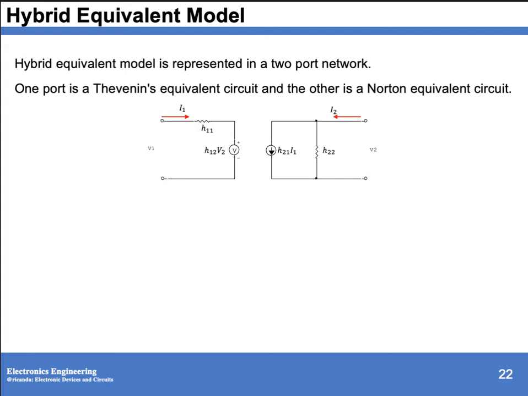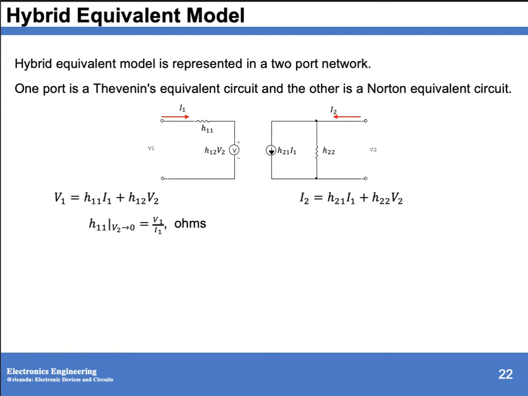If you have to get the equation of your port 1, which is the Thevenin's equivalent circuit, that is equivalent to V1 = H11 I1 + H12 V2. For your Norton, remember Norton is a current-based circuit. So we have I2, which is equivalent to H21 I1 + H22 V2. So if we have to set V2 to 0,